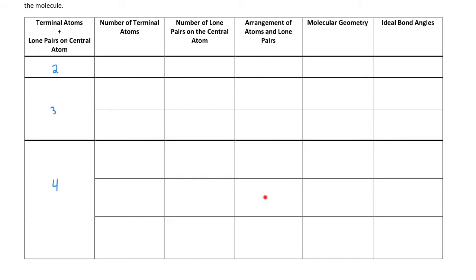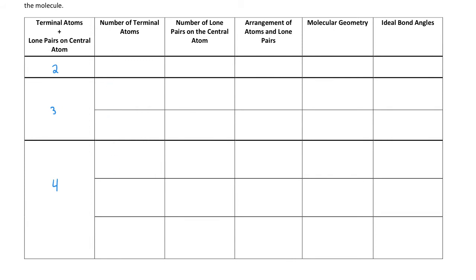So we're going to look at a picture of what the arrangement would look like, and then we're going to determine what the geometry would be like as far as the bond angles go. So we're going to look at the name of the geometry and then what the bond angles are in each case. So as we're going through this, the first thing I want to mention is that the basis of VSEPR